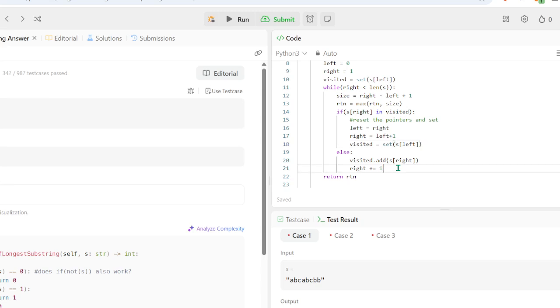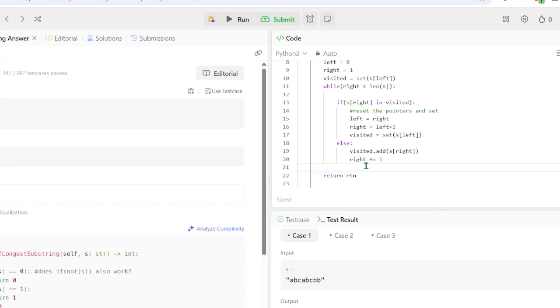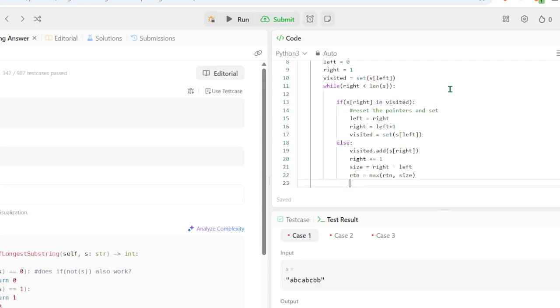Do we want to do it in here? I'm tempted to just do this, right? Does that make sense? So every time we increment the right pointer, we update the size.